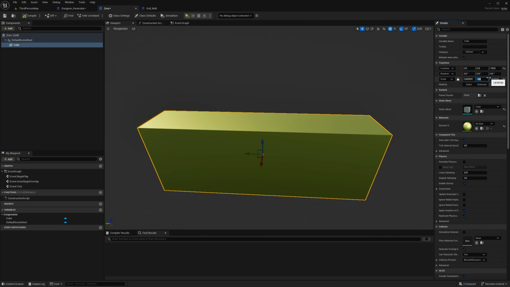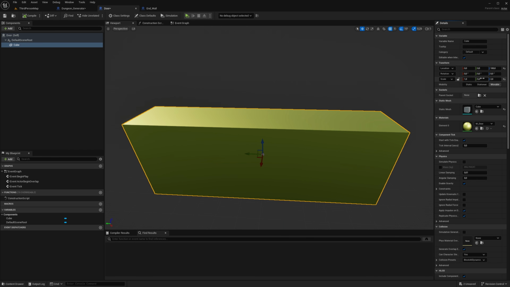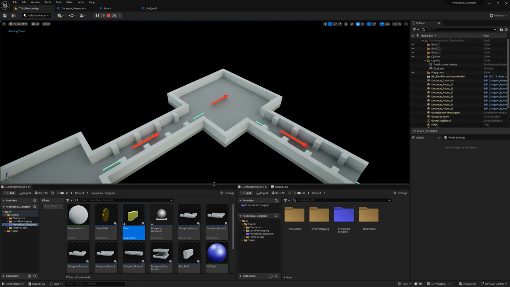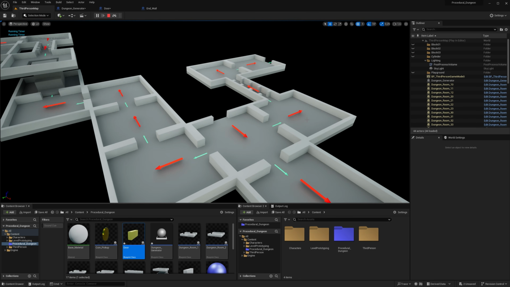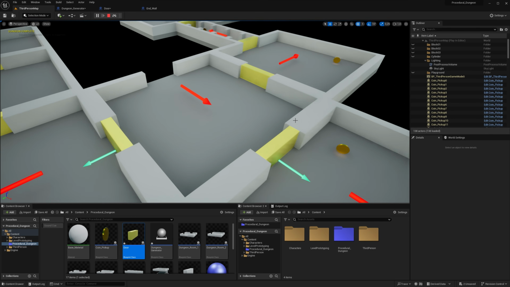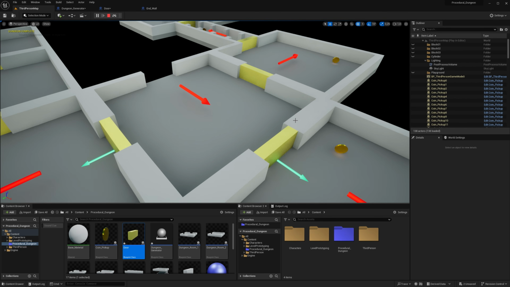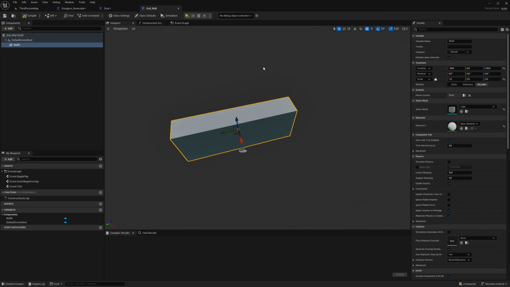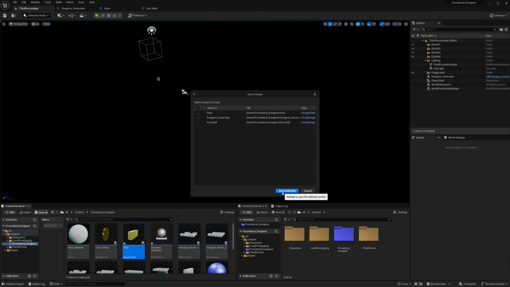So scale. Whoops, undo this. So turn off this lock so it only affects the one axis we are adjusting. So 5. Is that working? Let's see. That looks like the perfect number. So that also means that I know the end wall is wrong. So if we set the end wall to 5 also, it won't be clipping with the walls. So that was nice and easy.